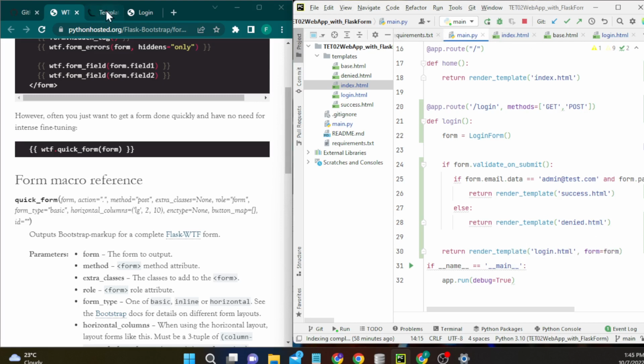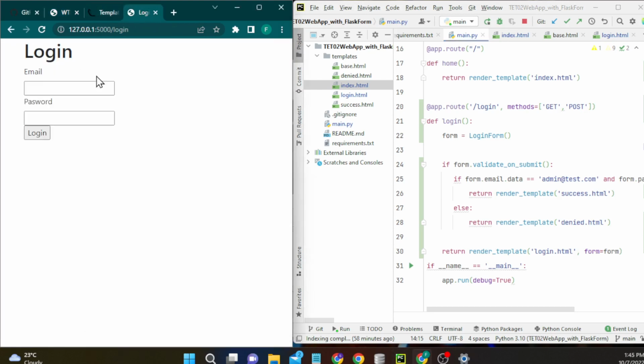Now if we go to our login, we just refresh and hit